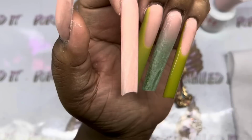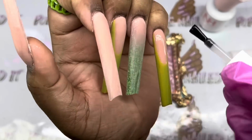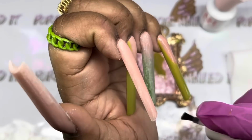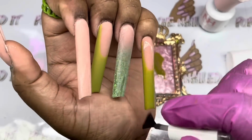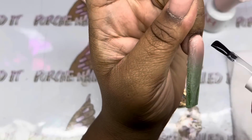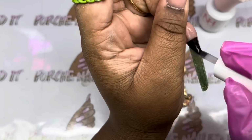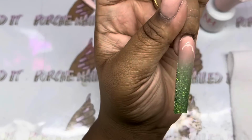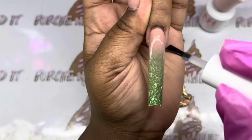Alrighty, y'all, so this is how we're looking so far. Like I said, I am matte top coating the nails as I go. This whole set's gonna be matte, but I wanted to let you all know, if you're doing a sweater nail and it's gonna be matte, because I've made the mistake plenty of times, go ahead and make the entire nail matte first, after you do the French and all of that, before doing the sweater design,